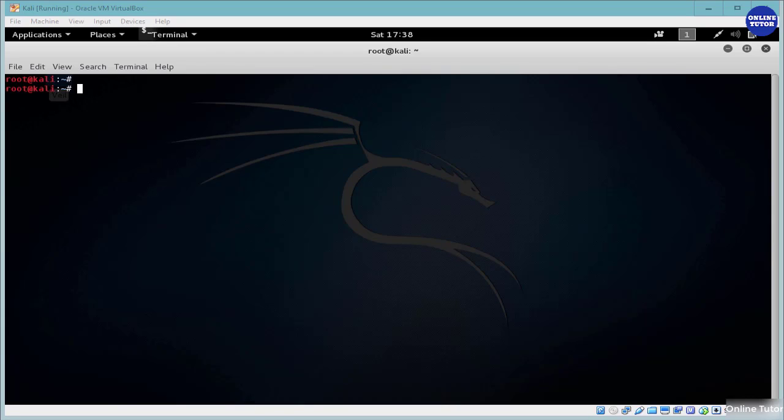So in this tutorial series, we'll be looking at how hackers create mostly undetectable malicious viruses or trojans, etc., using